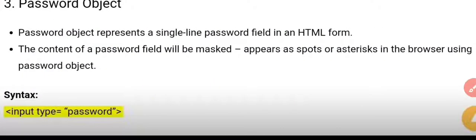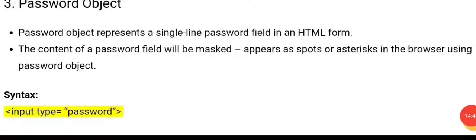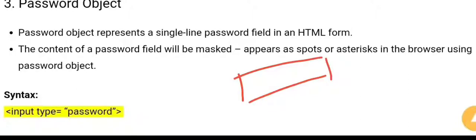Next, the third one is the password object. The password object represents one single line password field in the HTML format.